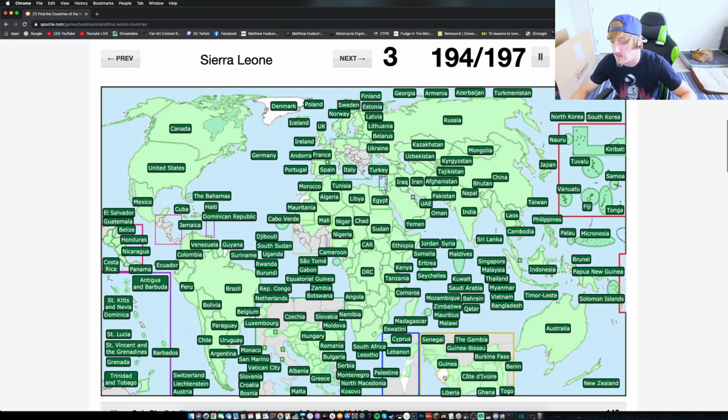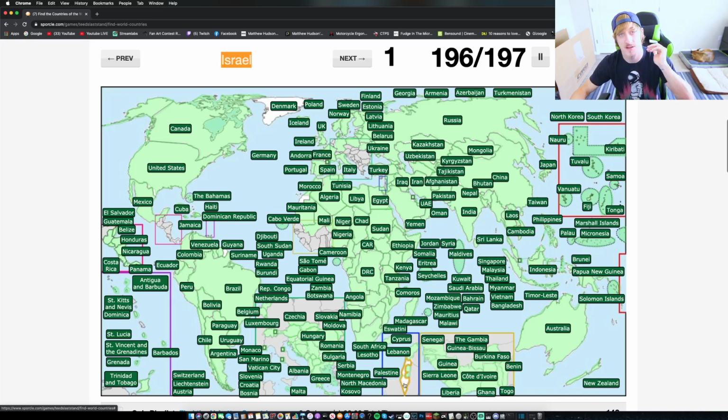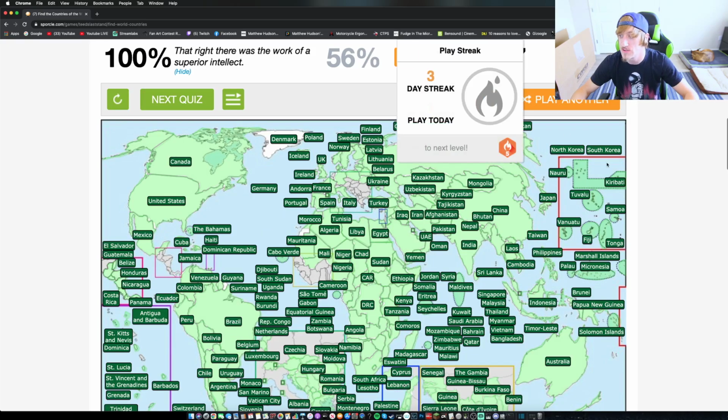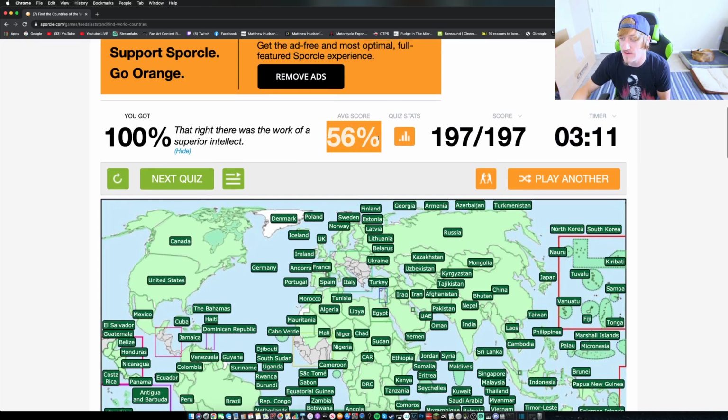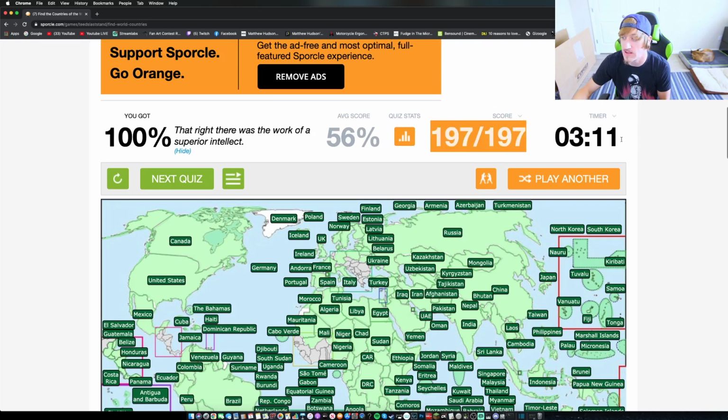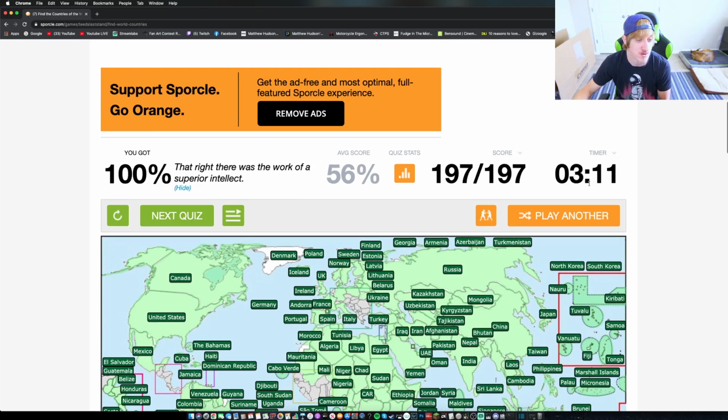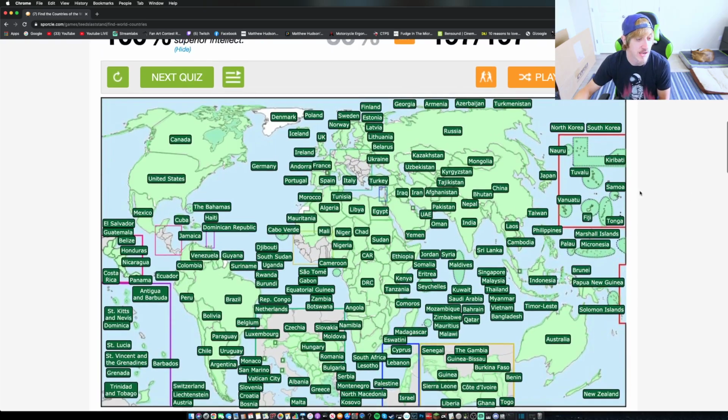Sierra Leone is in the left side by Liberia and Guinea. Marshall Islands are these islands over here that are kind of falling off the page, honestly. And last but not least, we have Israel with 3 minutes left and all of my explanations. Back to that little blue square, and it is the only one remaining intertwined with Palestine bordering Lebanon. So there you go. 100%. Average is 56, 197 out of 197 with 3 minutes to go. And I was explaining everything the entire time.